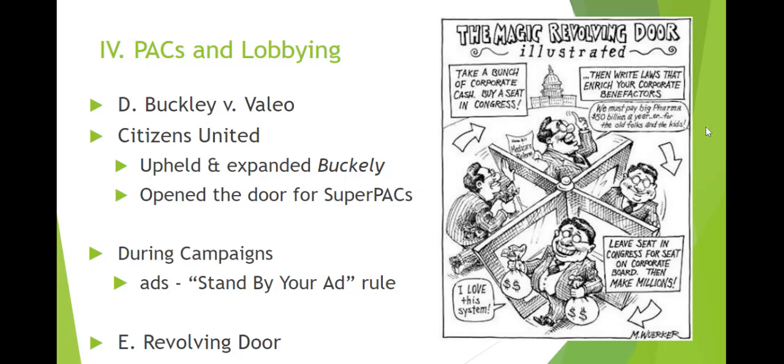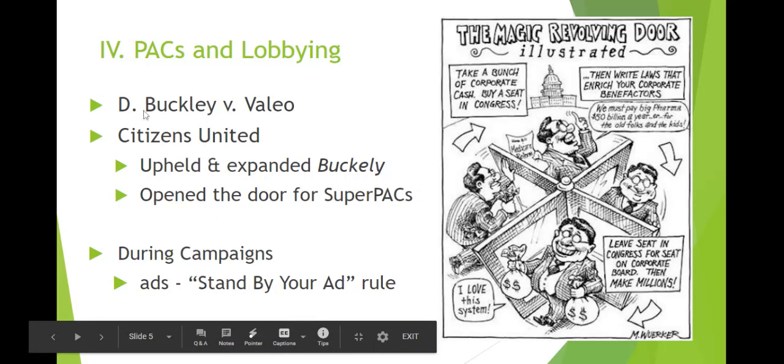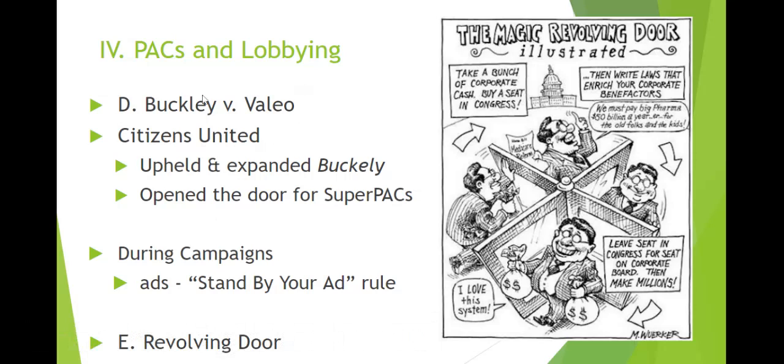So we finished up here on Thursday. We talked about these two Supreme Court cases. Just a reminder, we saw them last chapter: Buckley v. Valeo and Citizens United. Citizens United being the big one that opened the door to super PACs, identifying money donated to and spent by these independent nonprofit political corporations as being protected free speech.